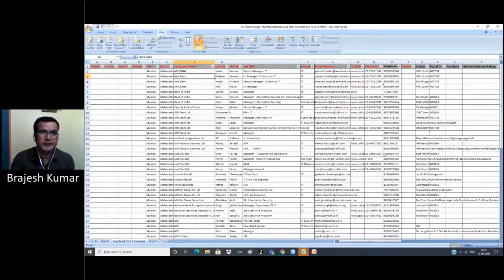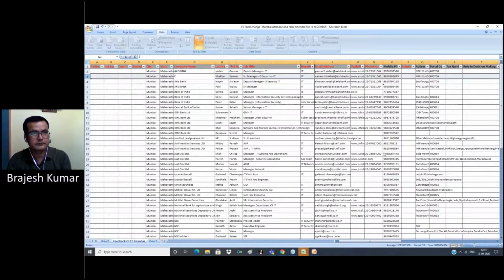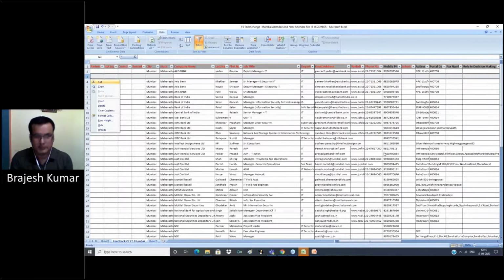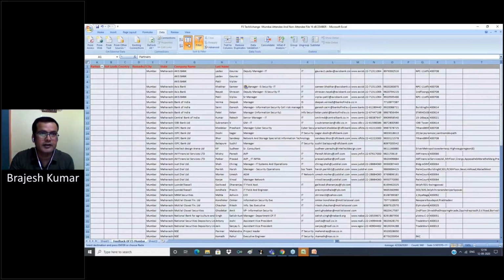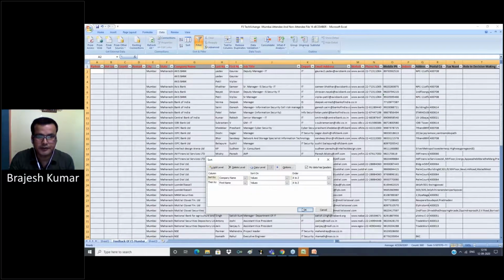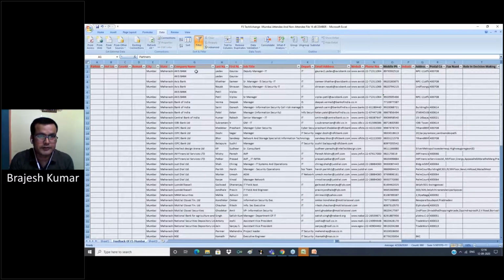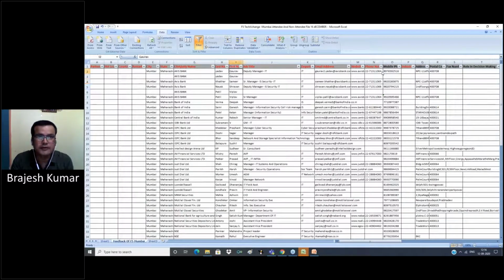For better understanding, we insert Axis Bank again with the same name. Now again we sort our data on company name and first name. Now you can see Axis Bank, Gaurav Jadhav come together. Axis Bank, Samir, Shravan, and Axis Bank, Biplab come together.